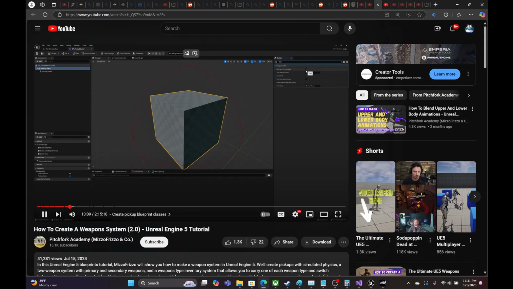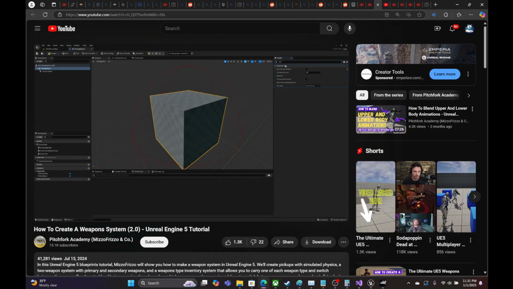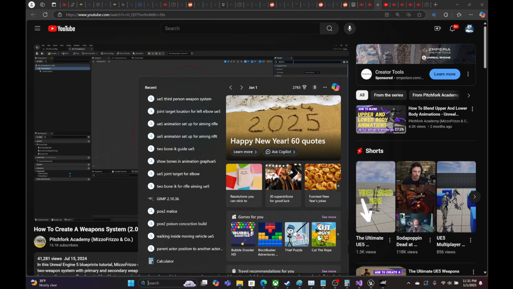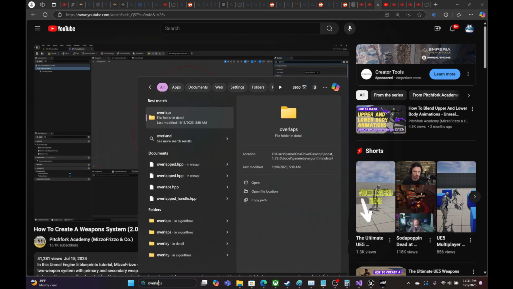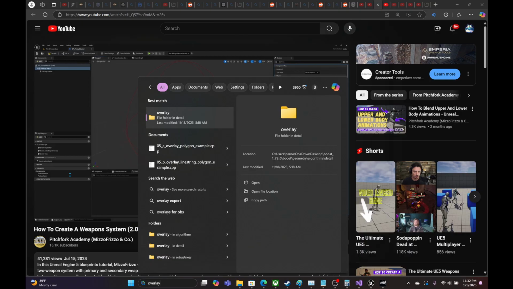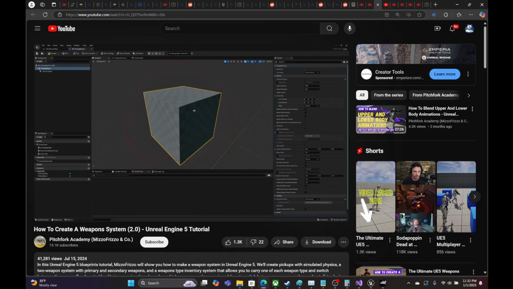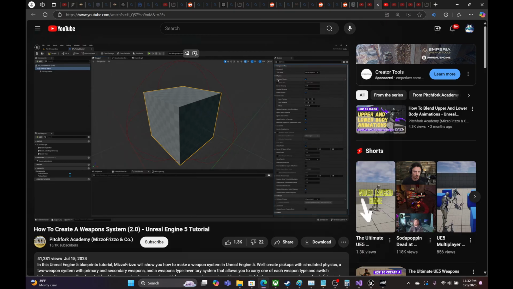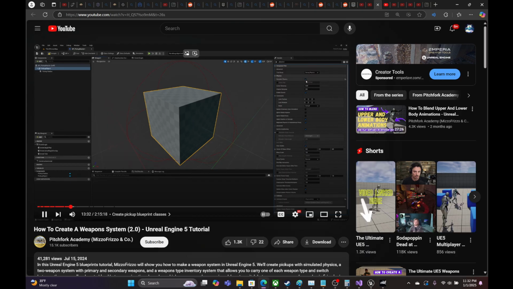Disable start with tick enabled. We don't need tick on this. And we can also search for physics, and we can check simulate physics here. So what I was saying about our pistol needing collision to be able to simulate physics, if this pickup object that you've selected here doesn't have any collision, you will not be able to check simulate physics. So if this is grayed out for you, just make sure that you choose a static mesh that has collision. Let's also check mass here and change the mass